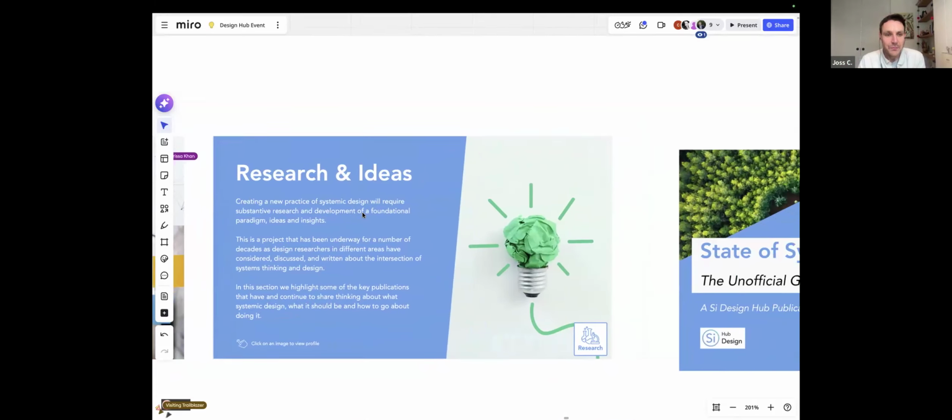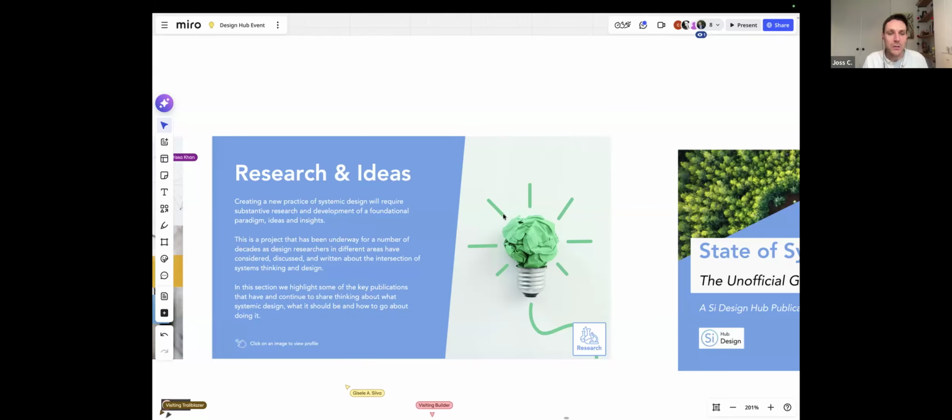Ultimately, our hub is about growing this field of systemic design, and that's why we did this, because we wanted to get that kind of broader view. We wanted to understand where we should be working and what we should be working on in terms of trying to fill in the gaps and explore the opportunities and overcome the barriers and so forth. So that's why we put it together.